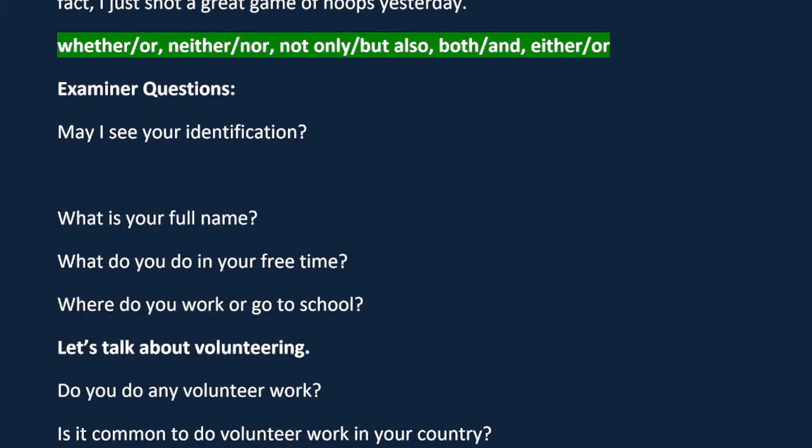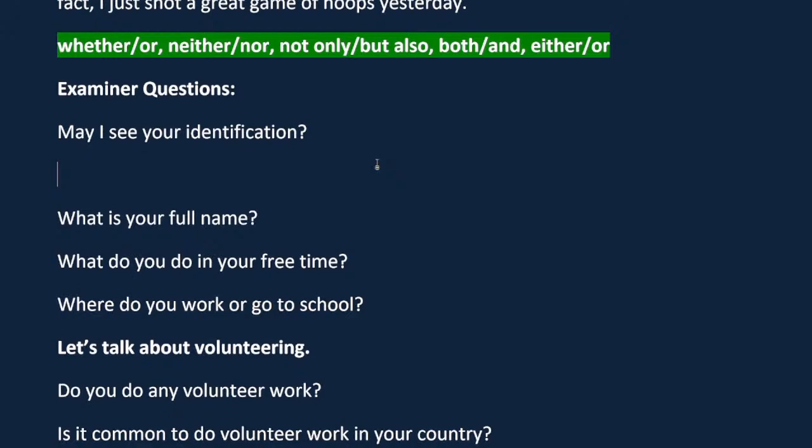First question, so you go into your IELTS speaking exam and then the examiner will say, may I see your identification? You can actually use a correlative conjunction right away for this question. Go ahead, students, answer this question in the chat, and then we'll start to do some live practice as well, through voice calls in a moment here.